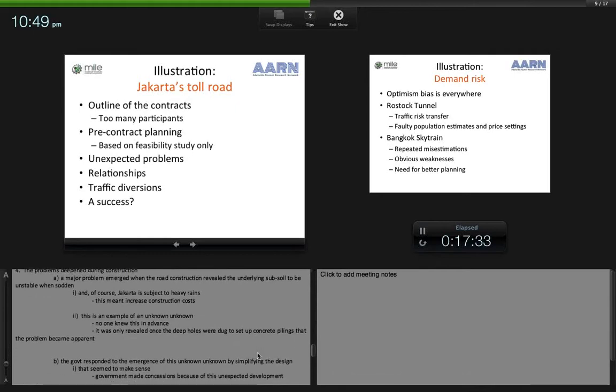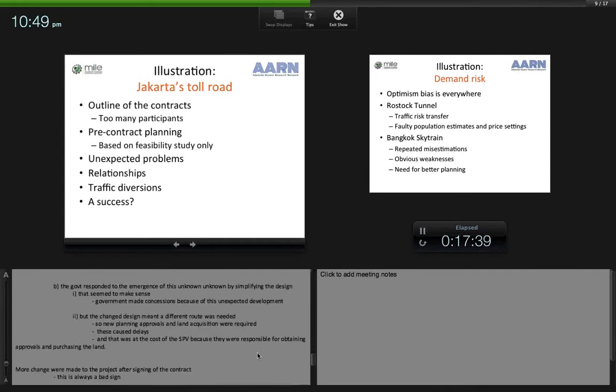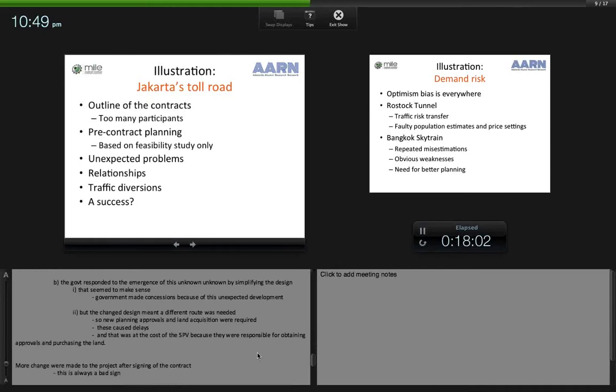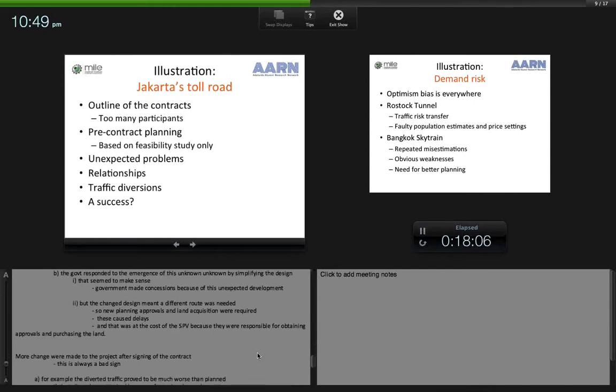The government responded to the emergence of this unknown unknown by simplifying the design. Now, that seemed to make sense. Government made concessions because of this unexpected development. But the changed design meant a different route was needed. So new planning approvals and further land acquisition were required. And those things caused delay. And that was at the cost of the SPV, because they were responsible for obtaining approvals and purchasing the land